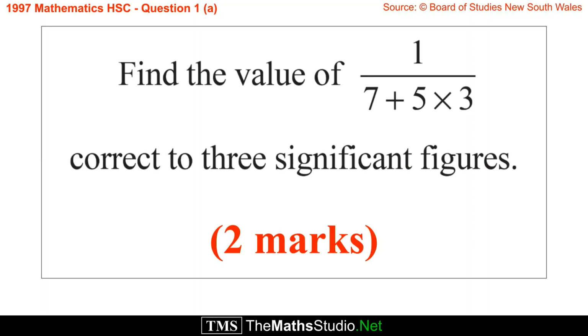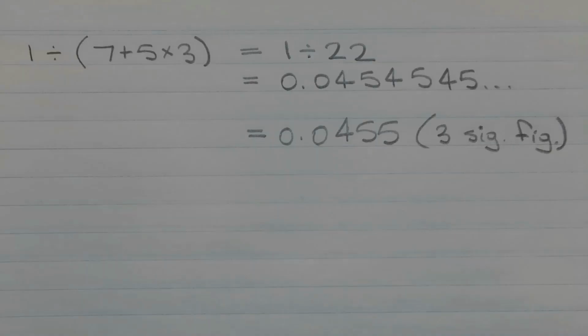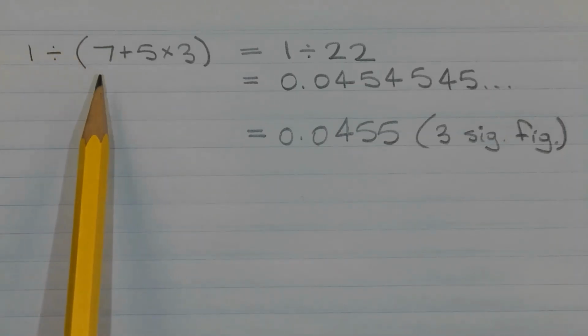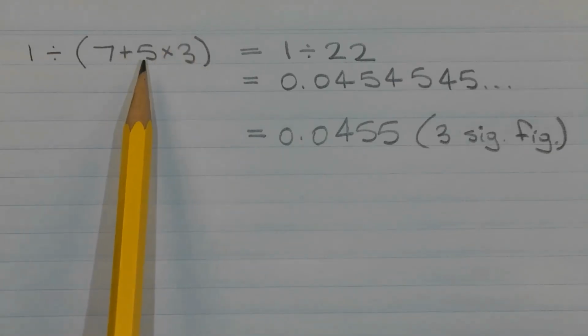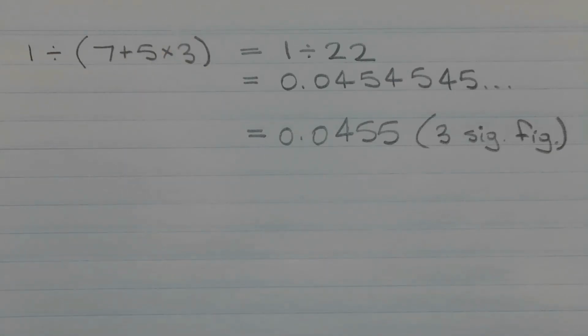Question 1, Part A. Find the value of 1 over 7 plus 5 times 3, correct to three significant figures. We'll start by evaluating the fraction. Now, 1 over 7 plus 5 times 3 can be written as 1 divided by, open bracket, 7 plus 5 times 3, close bracket. Now, 7 plus 5 times 3 is 22. So the fraction is equivalent to 1 divided by 22, which is equal to